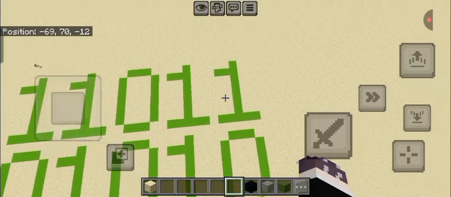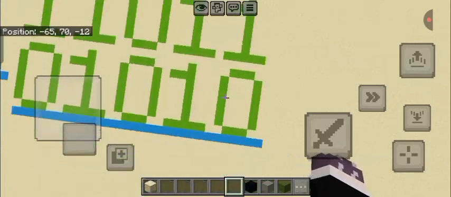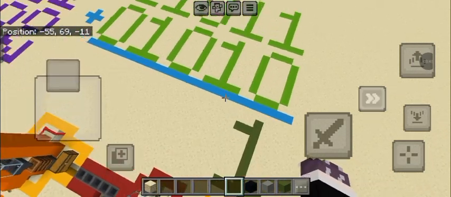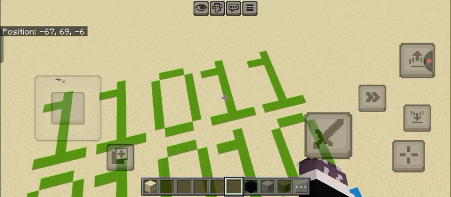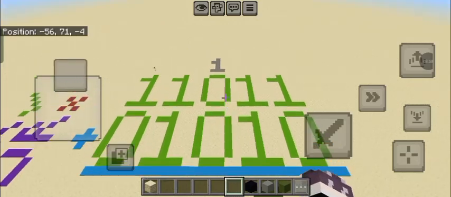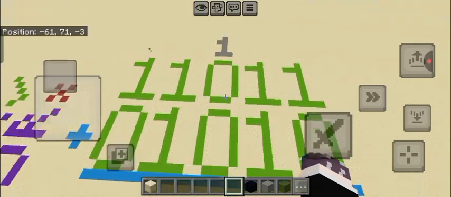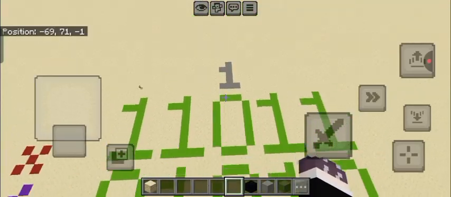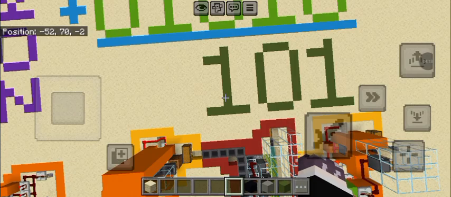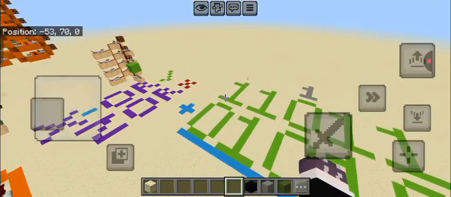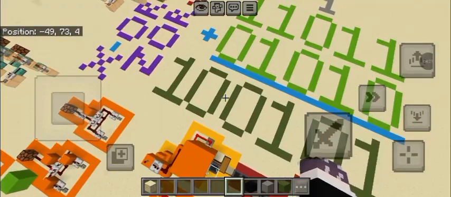The first thing we have to add is 1 plus 0, that equals 1. Now we have 1 plus 1 in binary addition, that equals 0, and then 1 carried over to the next slot. Then we have 0 plus 0 plus carry 1, that equals 1. I think you got the idea by now, so I will complete the rest of the addition. There we go. So the answer is